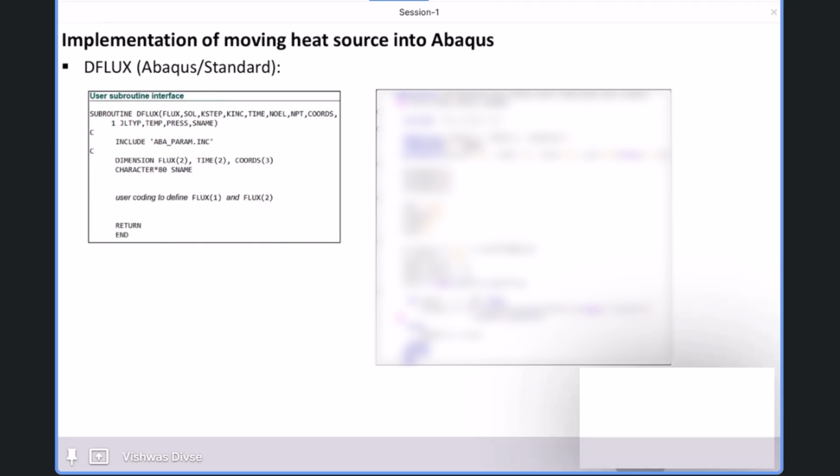Abaqus Standard, which works with the implicit method, and Abaqus Explicit. The name itself suggests that it works with the explicit method. What the advantages of the two solvers are, and when to use which solver, is a separate topic actually. We will not go into that much detail. But in our context, I will tell you,